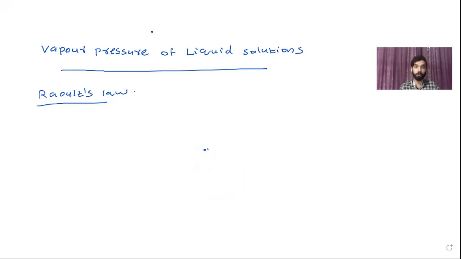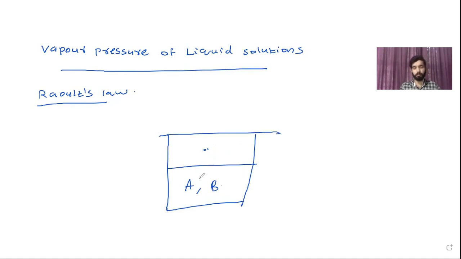Now suppose you have a solution of two or more liquids. Let it be A and B. You have a solution of A and B in a closed container. Let A be water and B be ethanol, whatever, two liquids you have. At the atmospheric temperature itself, a little of A will go to the vapor phase and exert a pressure at the surface, which is the partial vapor pressure of A. Similarly, a little of B will vaporize even at the atmospheric temperature and exert a pressure on its surface, which is the partial vapor pressure of B.